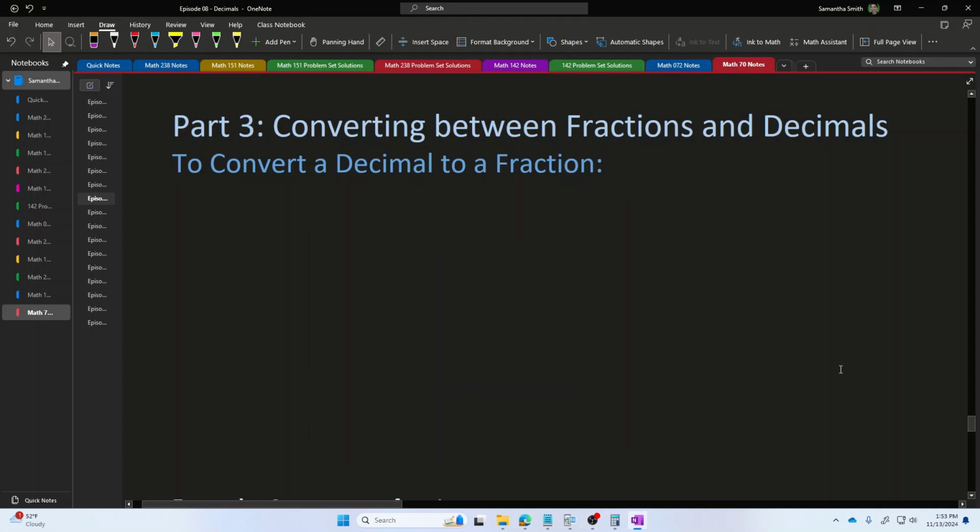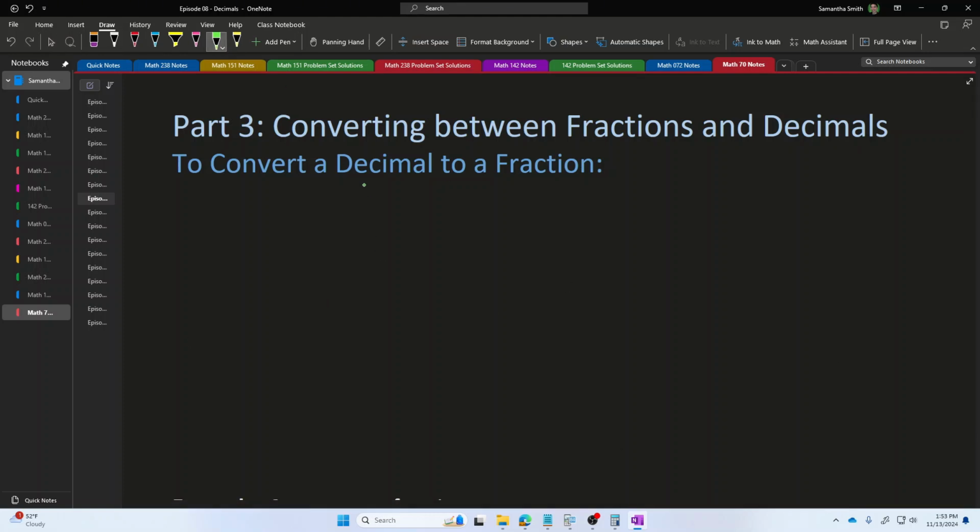In this part of the episode, we're going to be talking about decimals as they relate to fractions. Both decimals and fractions give us ways to represent portions of a whole number. So, how can we take a fraction, which represents a certain portion of a whole number, and convert it to the corresponding decimal? Or how could we take a decimal, which represents a portion of a whole number, and rewrite it as the corresponding fraction?